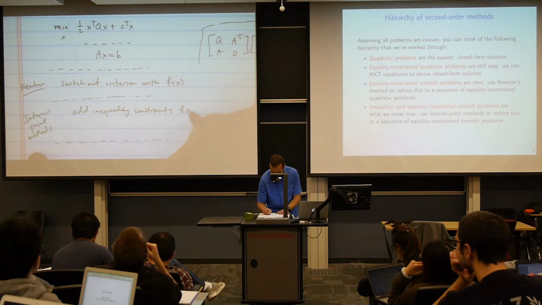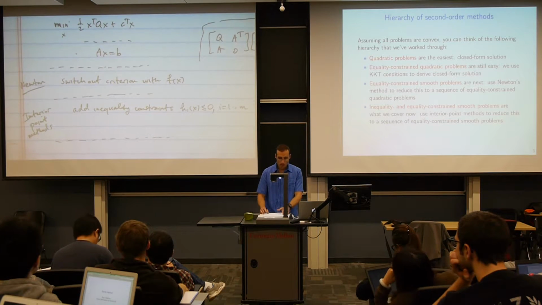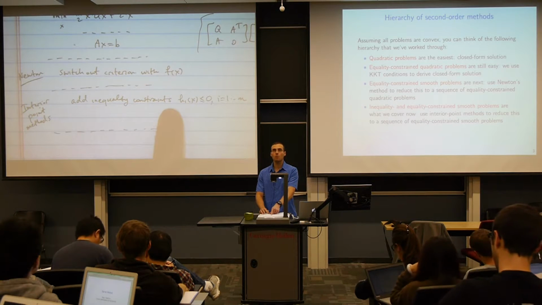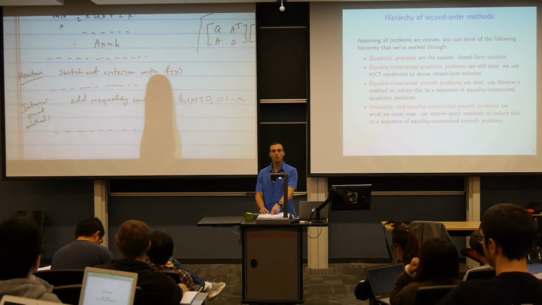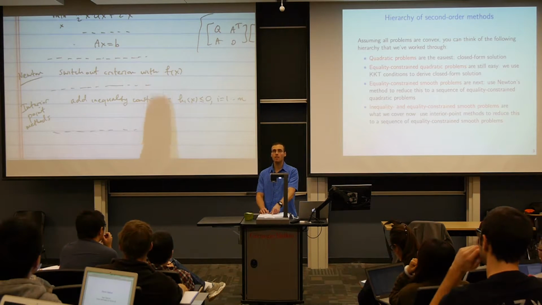So maybe h_i of x is less than or equal to 0, i equals 1 through m. And what they do is that they transform a problem of this form to a problem of this form. So back to minimizing some arbitrary doubly smooth function subject to equality constraints, and allow us to then perform Newton's